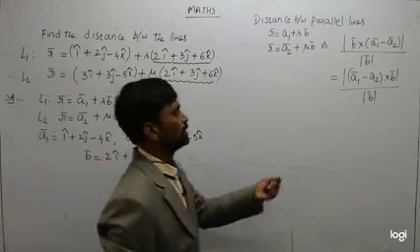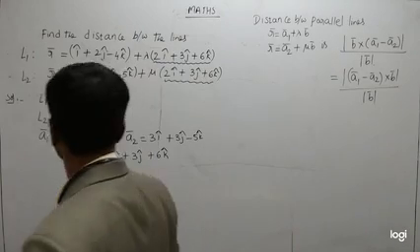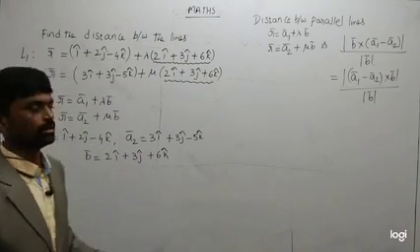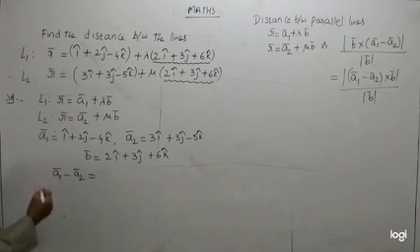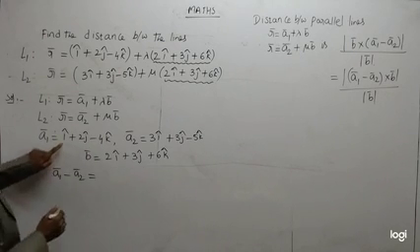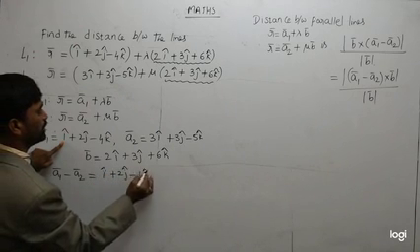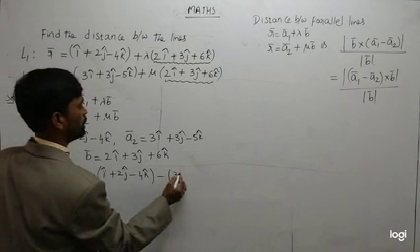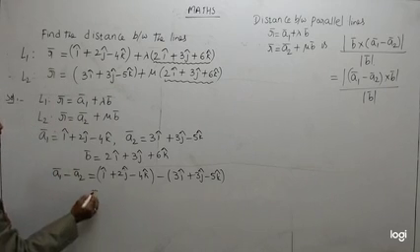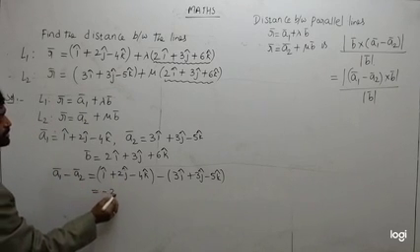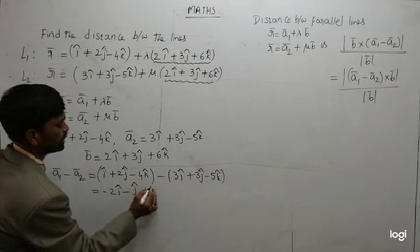Then to get the distance between the parallel lines, first we have to calculate A1 minus A2. Afterwards, the next step, A1 minus A2 cross B bar. So first calculate A1 bar minus A2 bar. What will you get here? A1 bar is i cap plus 2j cap minus 4k cap, minus A2, which is 3i plus 3j minus 5k. On subtracting, i minus 3i is minus 2i cap. Next minus j cap. Next plus k cap.